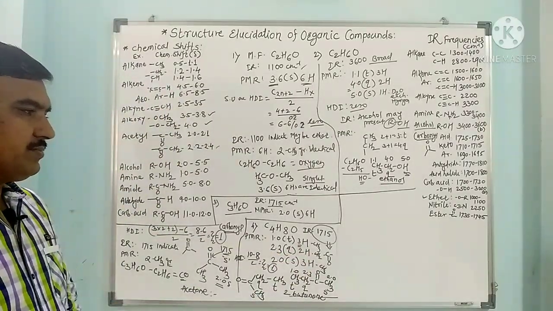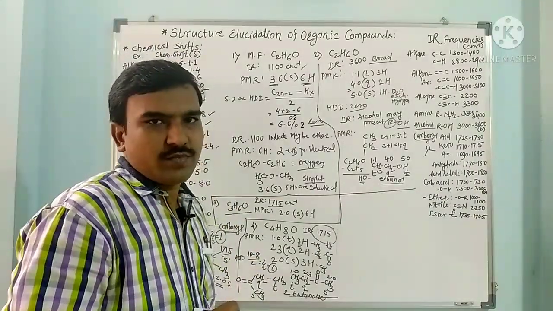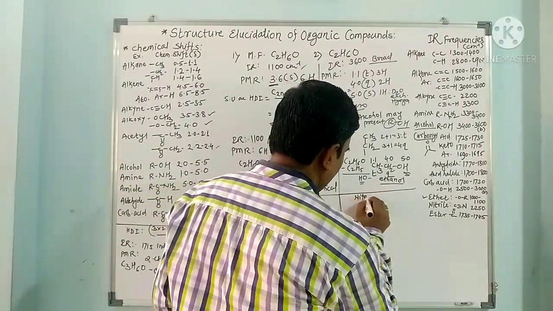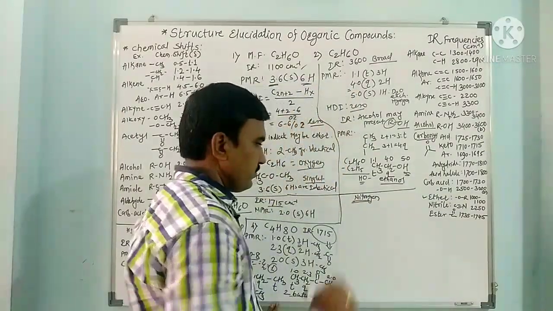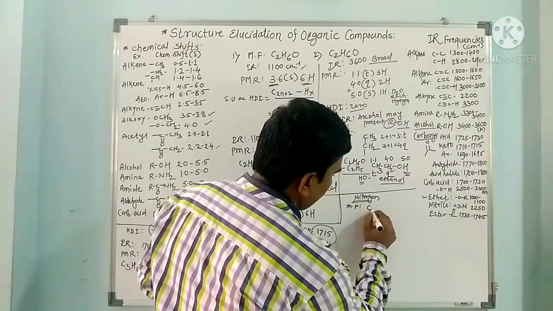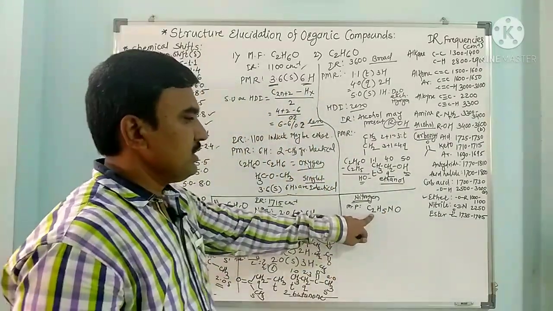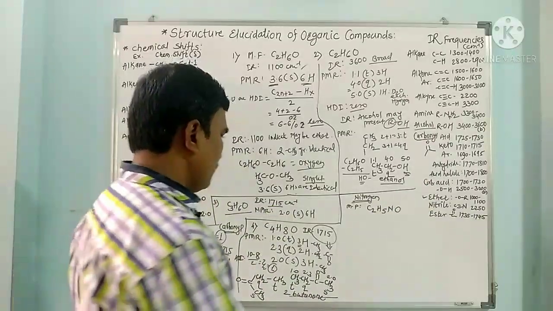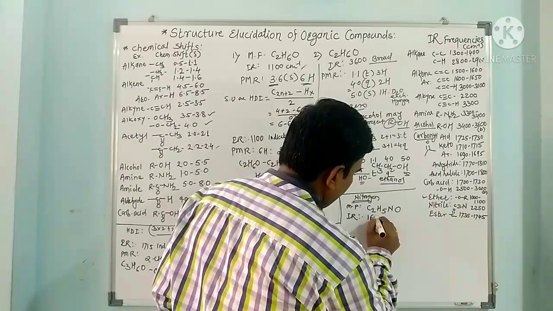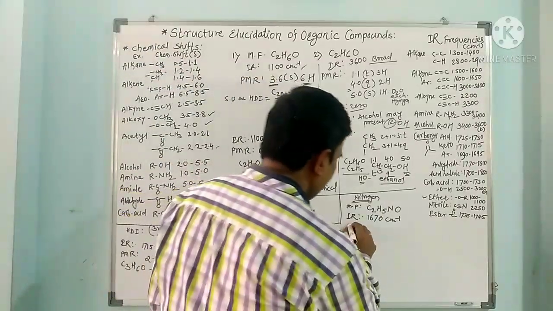Now the next example we have to see, if the compound contains nitrogen. So now we have to see the example of a compound containing nitrogen. Nitrogen is present in the compound. Then the molecular formula is C2H5NO. IR stretching frequency is here 1670 per centimeter, and NMR is